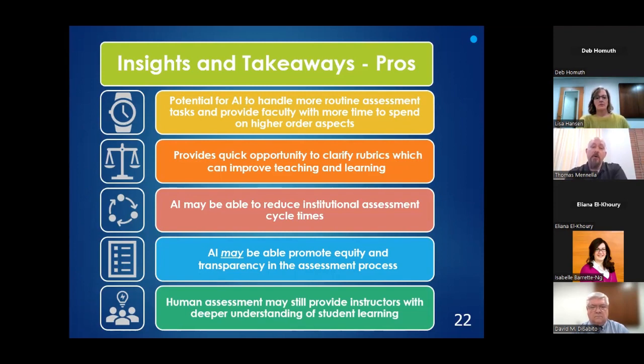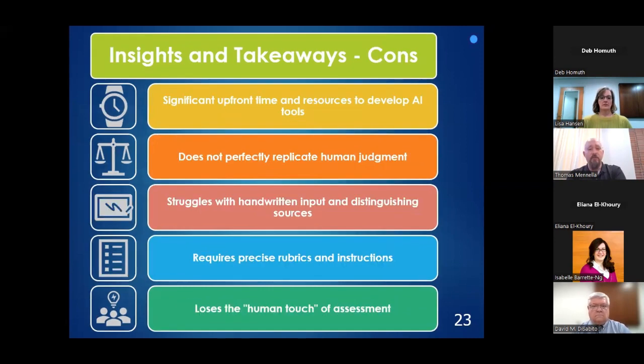We may be able to promote equity and transparency in the assessment process. The reason why "may" is italicized and underlined there is because we do have some preliminary data here, and it suggests that perhaps this is not the case. It should be noted that in order to do this kind of study, you really need to disaggregate your student cohort data by different demographic parameters and see how AI is scoring those different cohorts. And then our last pro kind of leads into the cons, where human assessment is truly the gold standard for building relationships with our students and knowing where our students lie in the classroom, where they're struggling and where they're succeeding, and give one-on-one attention and intervention when needed.